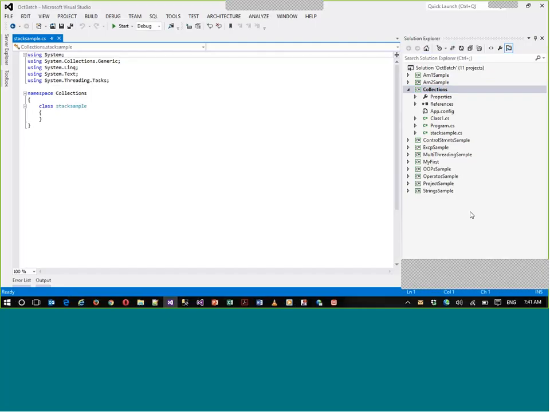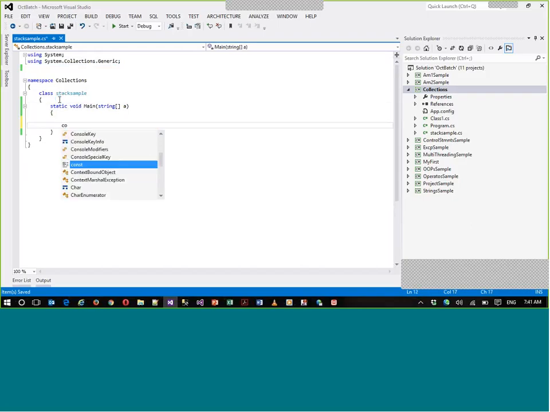Everywhere I'm giving names like this, adding something called sample to each keyword, so you can see even the project names, multi-threading sample, controls sample, so that you don't get confused with the keywords. So let's use the generic one. Here let's go with static void Main string array, and Console.ReadLine.